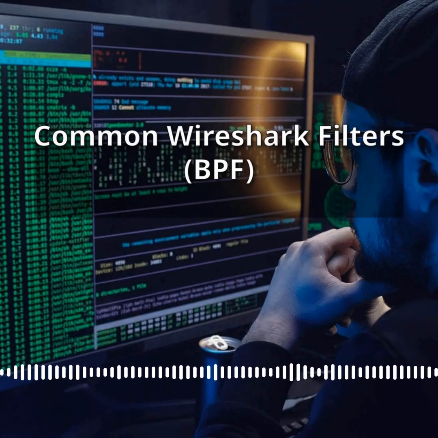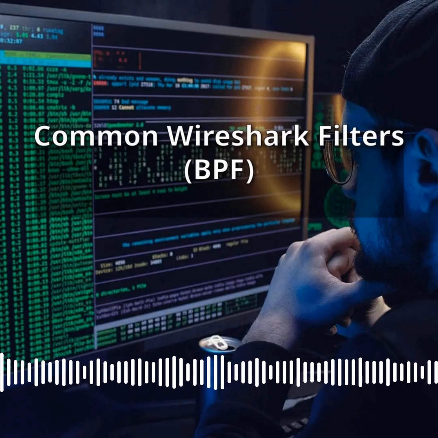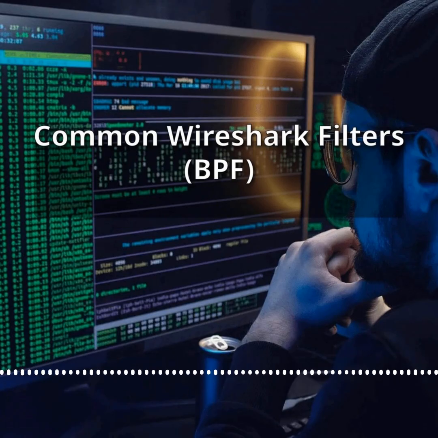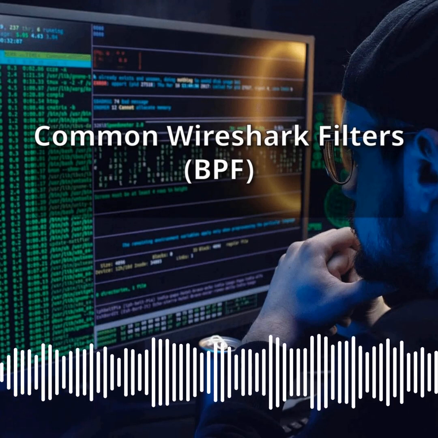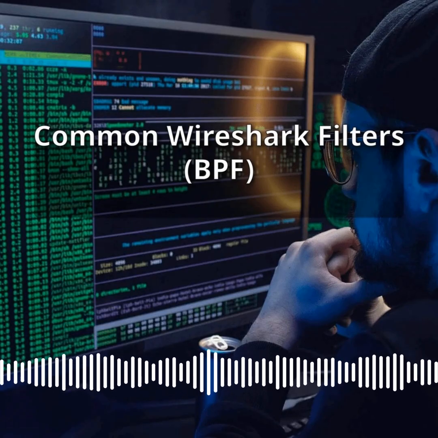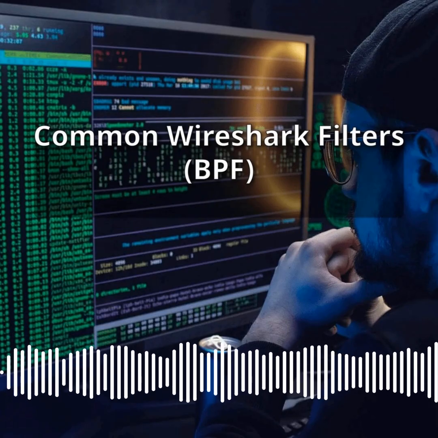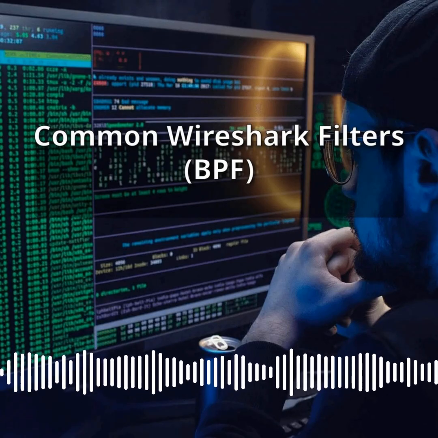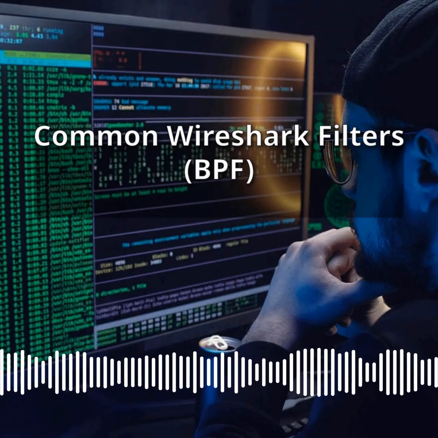Essential capture filter examples. Here are the most common and useful Berkeley packet filter capture filters you will encounter and use as a cybersecurity practitioner. Filtering by host. The expression host 192.168.1.10 captures all packets going to or coming from the IP address 192.168.1.10. If you only want traffic originating from that address, you write src host 192.168.1.10. If you only want traffic destined for that address, you write dst host